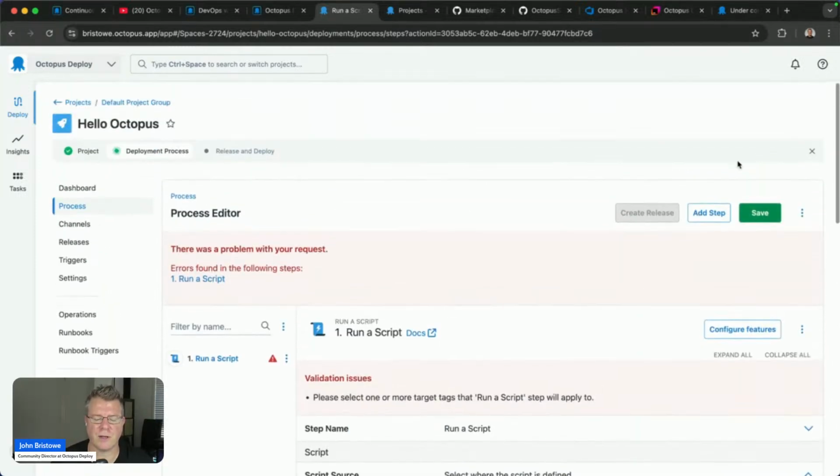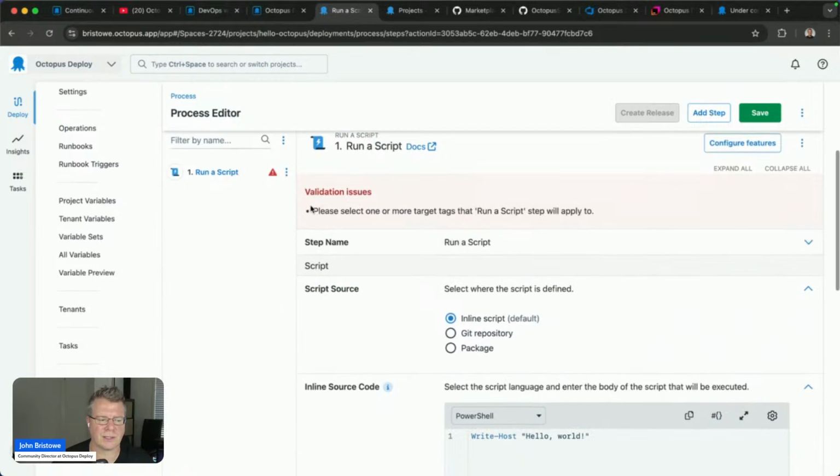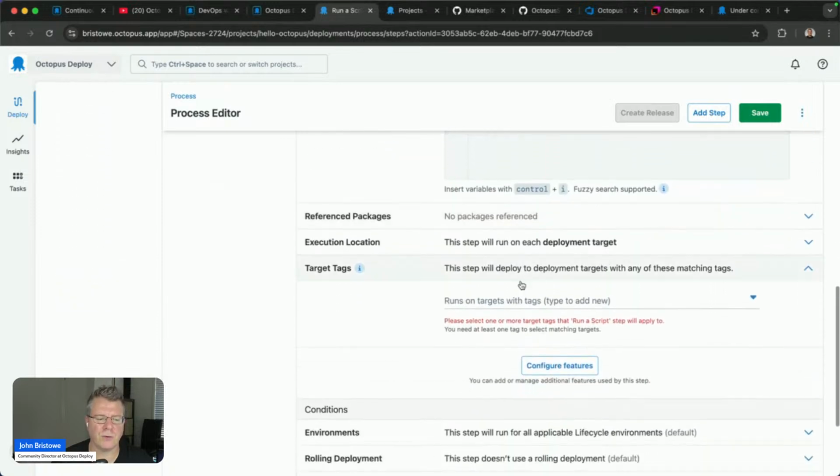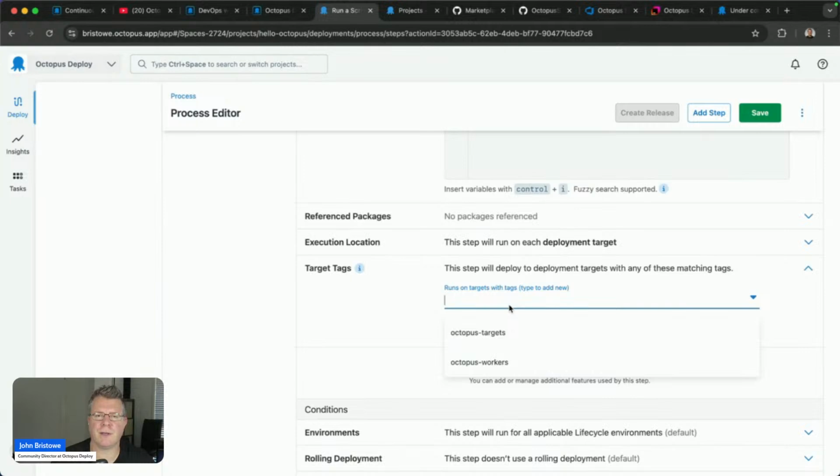So we'll click on save. Now, one of the things I wanted to point out here, I didn't specify all the options, but I want to show you that one of the things we do is validation. So it's telling me here, hey, you forgot to specify where you want this step to run. So one of the things that we can do is when you define your targets, which we'll take a look at in a second, you can give them tags. So you don't have to know the explicit name of a target. You can just represent it via a tag. Like, if I have a specific cluster, or if I have a set of servers that I want to deploy to, and I give it a tag like staging, I can go ahead and define those accordingly.